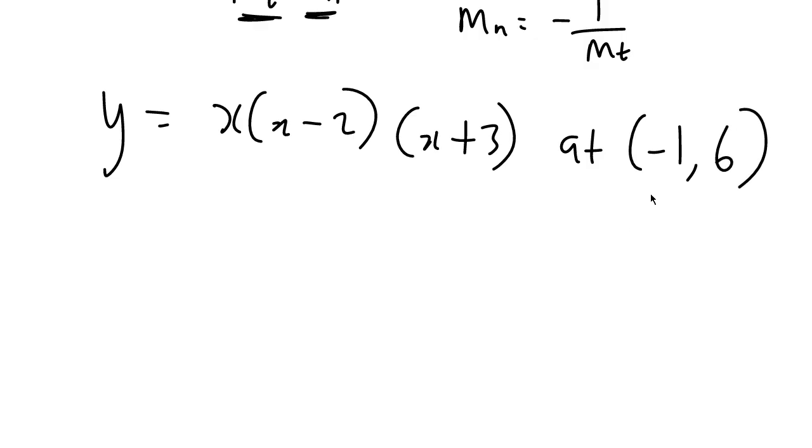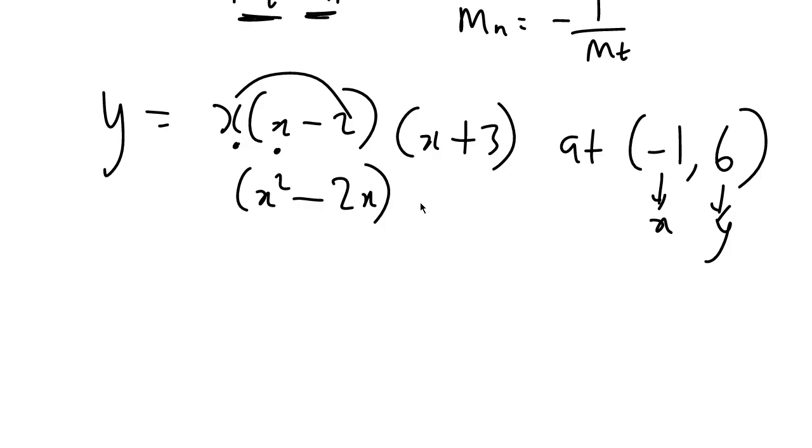In this case, this is the x coordinate and this is the y coordinate. We can employ the product rule here. First of all, we'll multiply this out. So x times x is x squared, minus x times 2 is